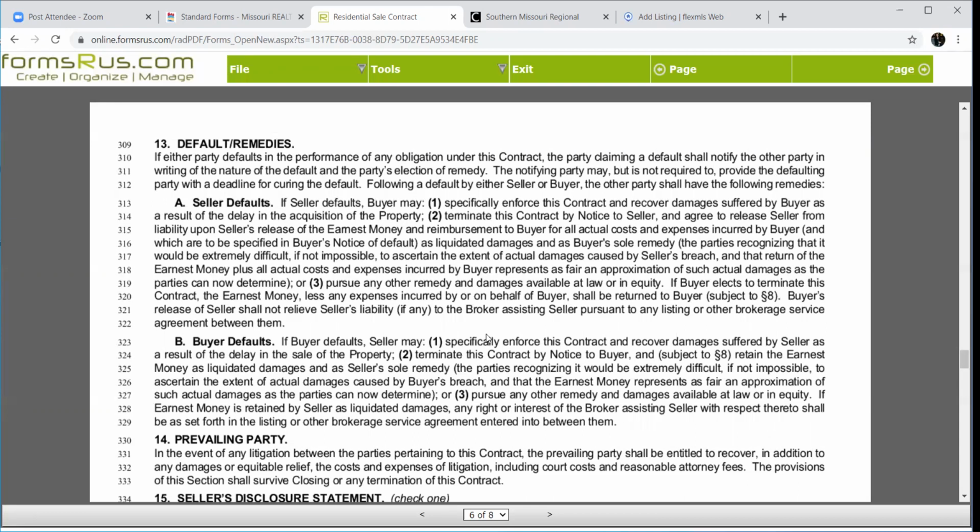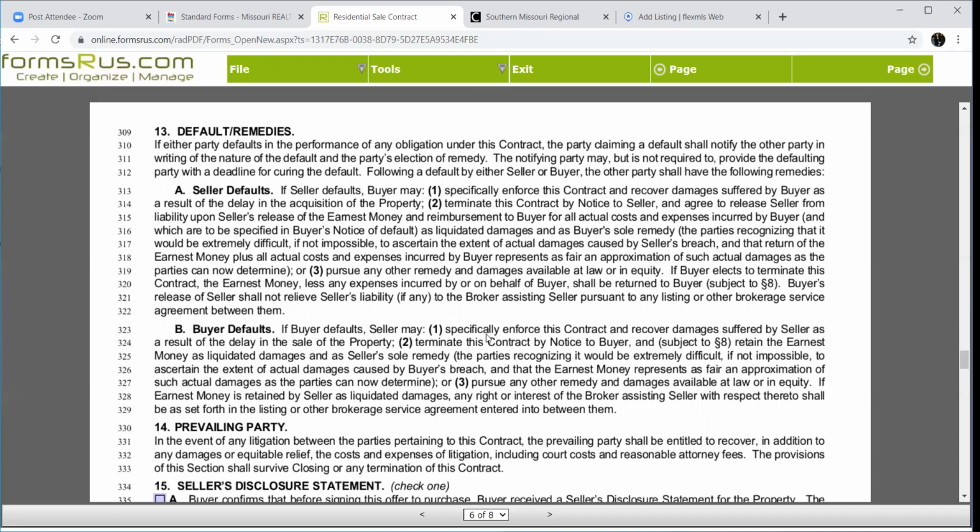Buyers got three options at that point. One, they can sue for performance to say, we're buying this house and we're going to sue you to let us buy this house from you. Two, they could send them a mutual release and release their earnest money and say, you know what, fine, we'll go back to our position, you go back to your position. And it says in here, at line 319, but to me, this should say and or: pursue any other remedy of damages allowed by law. Because we're a litigious society, and let's face it, if somebody wants to sue you, even if you've gotten a mutual release, they're going to do it anyway. So specifically enforce the contract or mutually release them.